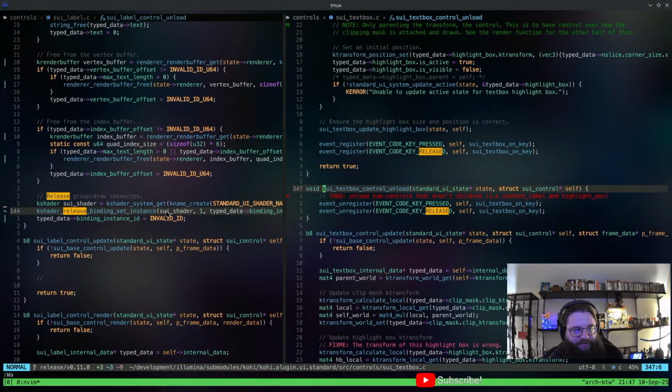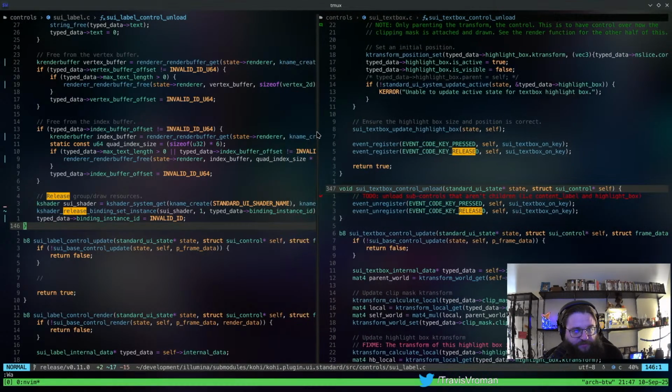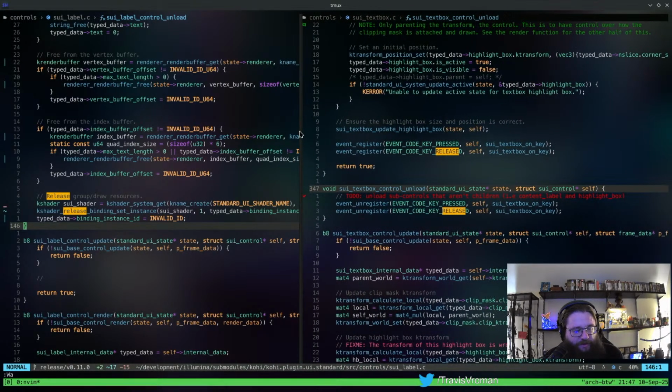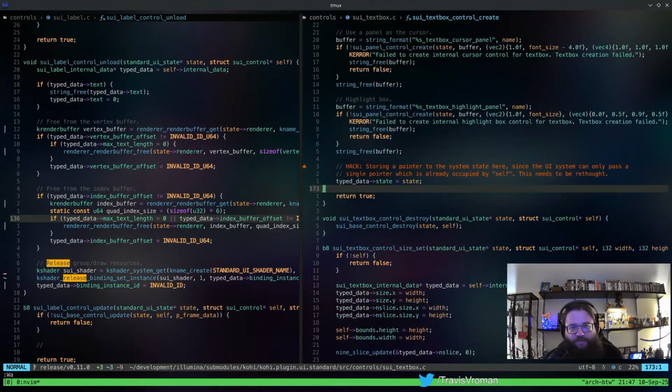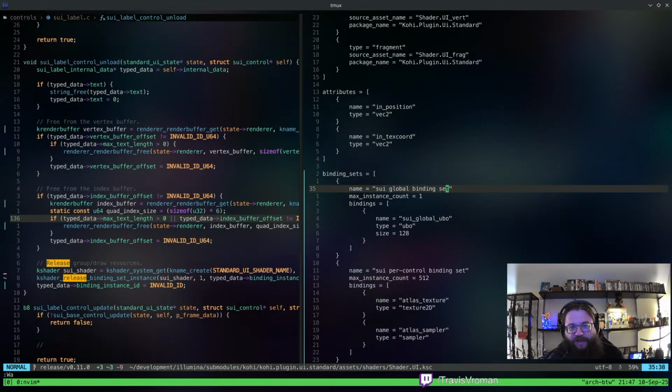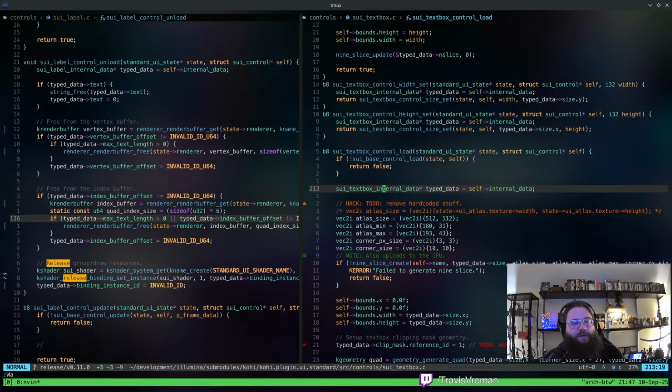UI is going to be something that we're definitely going to have to retackle before we get too far into the game, because I want to make it a little easier to use as well. And configurable, right? I'd like to be able to set up a file that kind of looks like this to be able to configure our UI. All right.